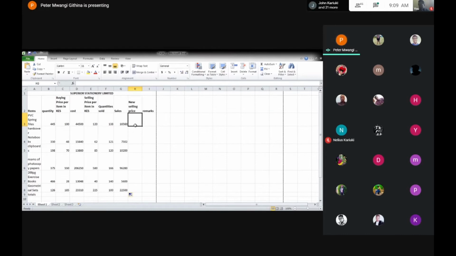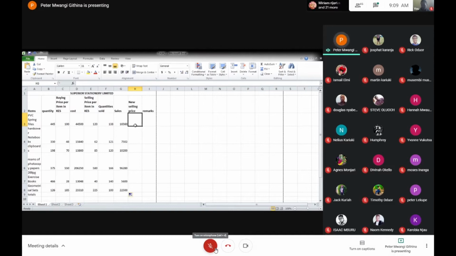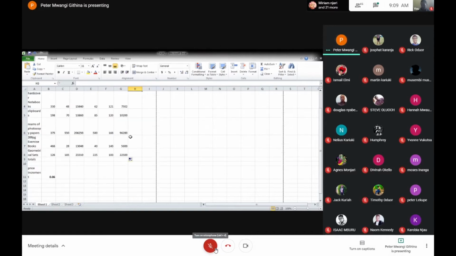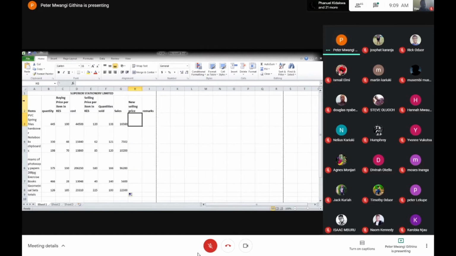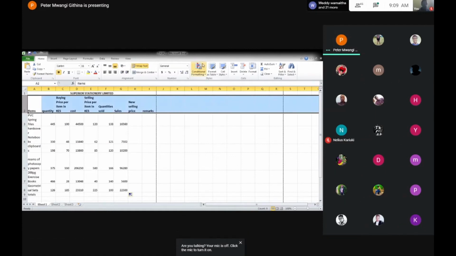Okay. That is the sales. Then total cost and total sales. Bas, hapa chini. Total cost and total sales. I'm looking for a way in which I can, bado sijapata ile function ya reducing the height of